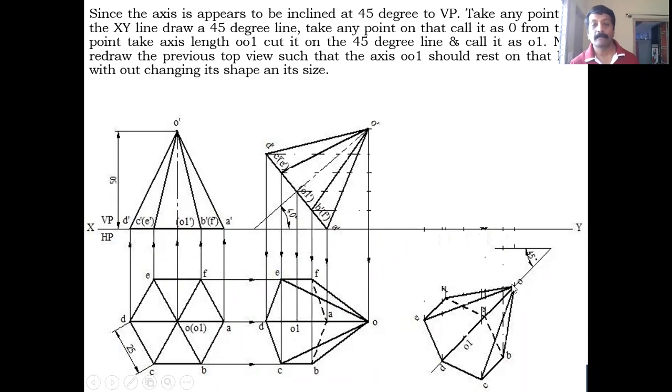O. From there, on the same line, you take O to A distance, you cut it here, you call that as the A. O to O1 distance you take, cut it here, call that as the O1, the same 45 degree line. Next O to D distance you take, the same distance you cut it here. So A, O, O1 and D you can get it. After this C, B and E, F you should get it.